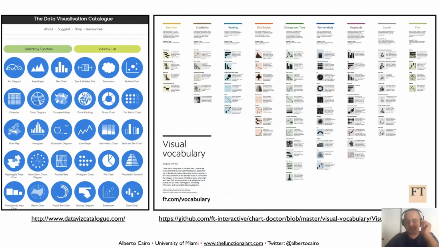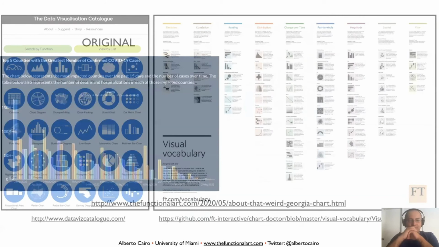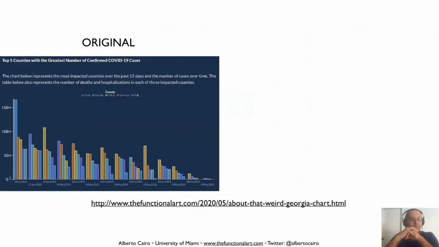the way that we organize things. Look, the other day, there was a lot of controversy around this chart, which was published by the state of Georgia's Department of Public Health, or I think that was the department that published it. It shows the number of confirmed COVID-19 cases in 5 different counties of Georgia. Each one of the colors corresponds to a county. And if you don't pay attention to the graph, it may seem that the cases are going down, right? But then once you read the numbers down here, you will notice that the dates are not organized correctly, right? They are not in order, right?